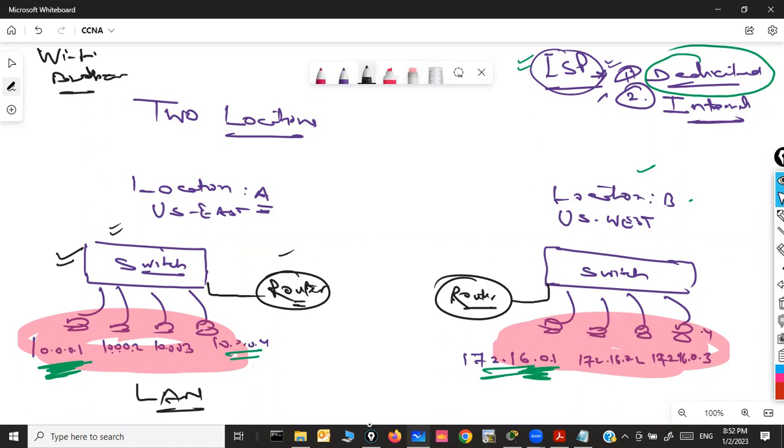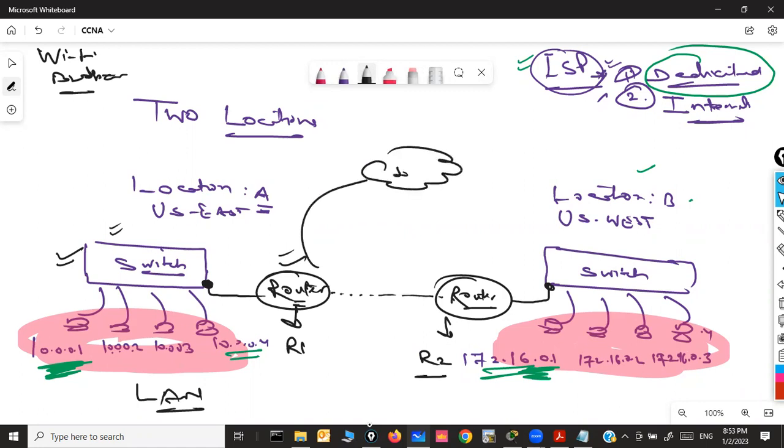one interface of the router is connected with the switch, here again with the switch. And then these two routers, if I name them R1 and here R2, need to be connected with each other. Now here, your service provider is playing an important role. With the help of the service provider, basically they both will be connected. Obviously, we are not going to connect them directly. We are not running this cable. No, it's the service provider's job.